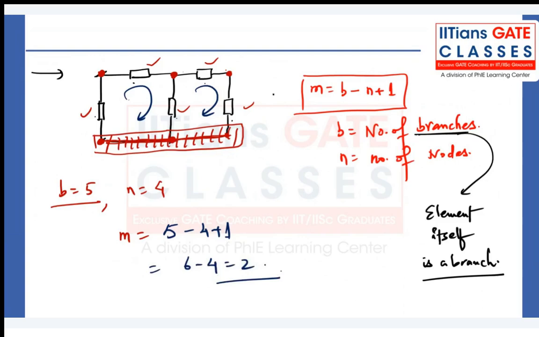Okay, so please keep in mind what is mesh, what is branch, what is node, what is loop. If somebody asks how many loops are there, you can say there are three loops, right? But there are two meshes, and we always apply KVL plus Ohm's law. While calculating, suppose you want to find the current in this loop or mesh, say I1 and I2. So we will apply